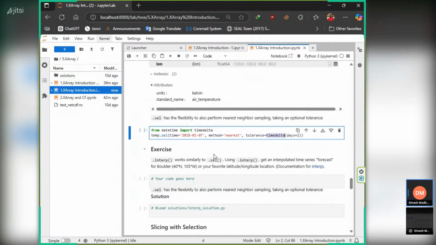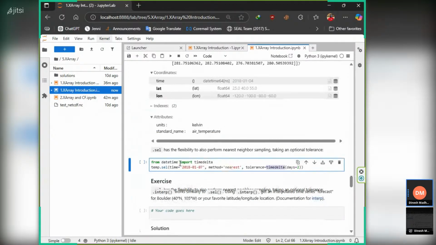So now if I execute, what will happen? Last time you saw, it was giving me an error when I typed 7. So in here, if